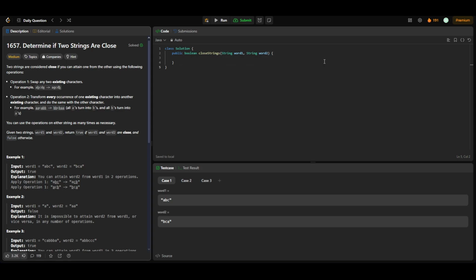Okay, so hello people, today we'll be solving LeetCode daily question 1657, that is Determine if Two Strings Are Close. In this, two strings are considered close if we can attain one string from the other using the following operations. The first operation is that we can swap any two existing characters,